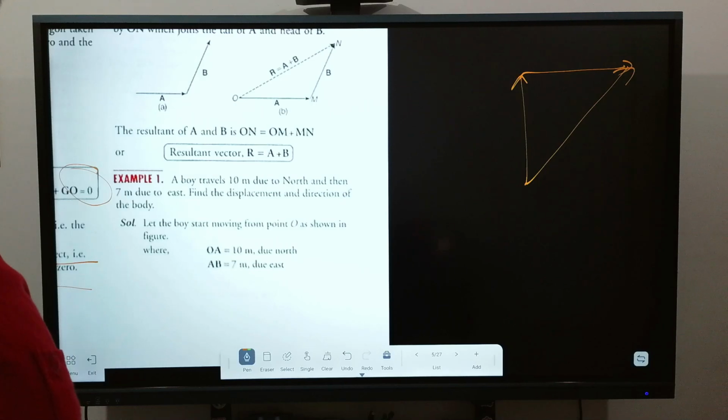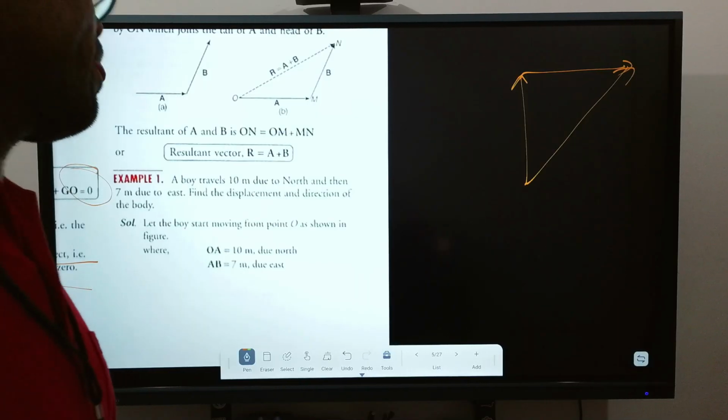Better? Is the whole screen visible? Okay. So